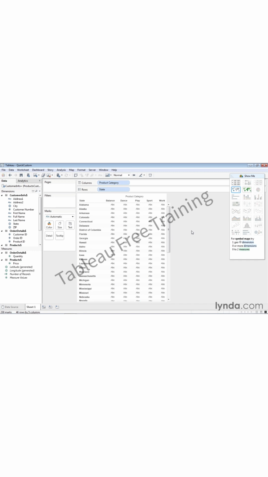In this workbook, I have data for products and orders. Specifically, I have the quantity of items that were ordered in each order, and also the price of each individual product. What I don't have is the price or the total revenue from each order, and that would be quantity times price. So what I want to do is to create a field quickly that I can add to my